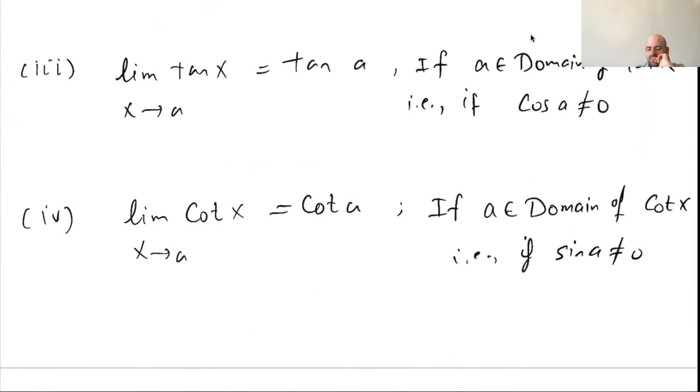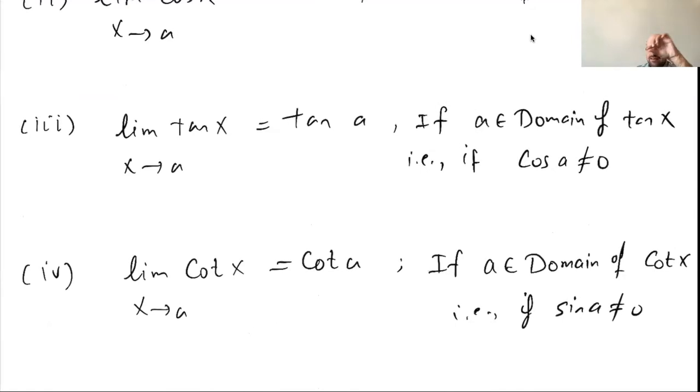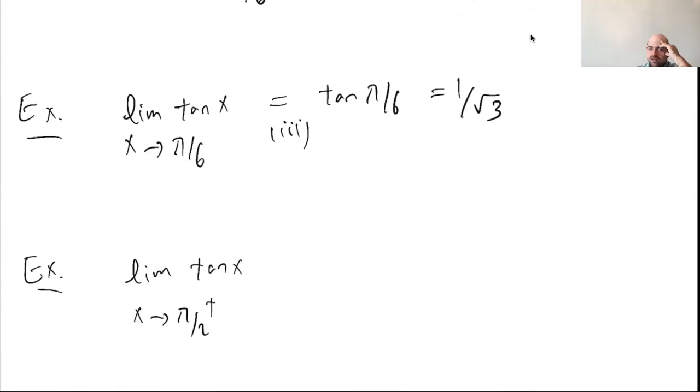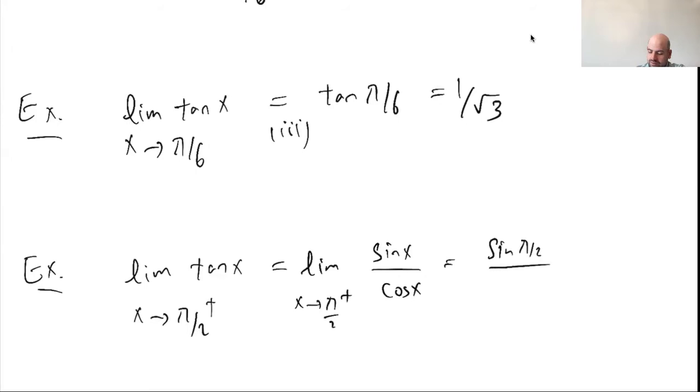So the theorem part 3 is valid as long as a is in the domain of tan x, but pi half is not in the domain of tan x because tan pi half is undefined. So we cannot use the theorem. Instead, what can we do? Tan x is sin x over cos x, as x approaches pi half from the right. So this is sin pi half divided by cos pi half from the right,